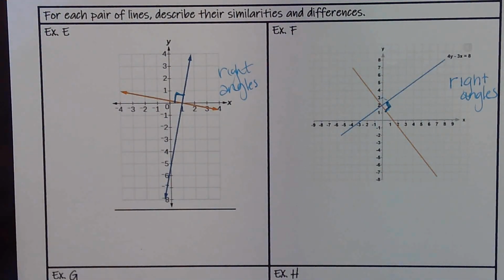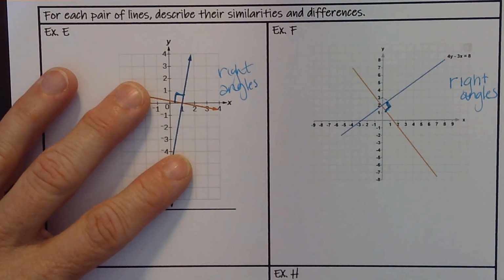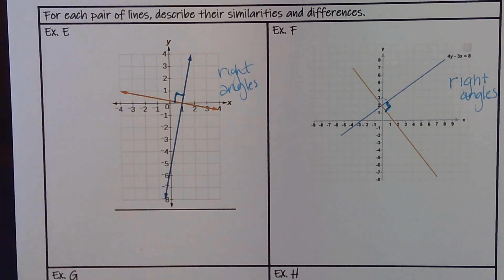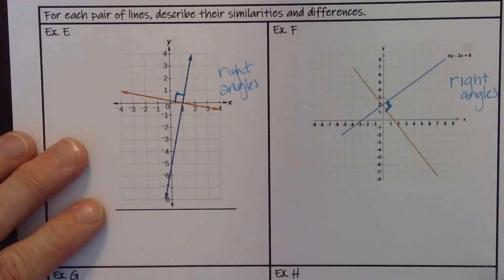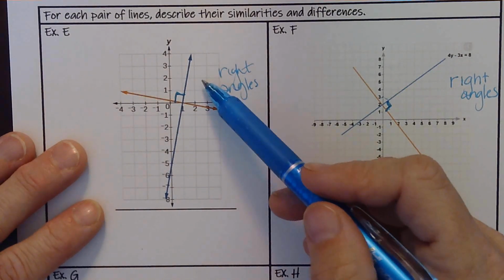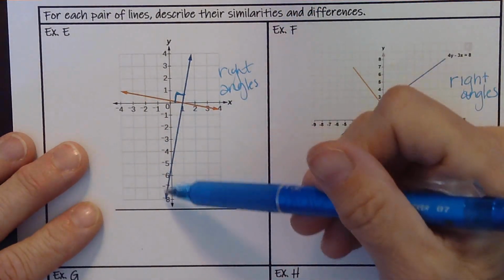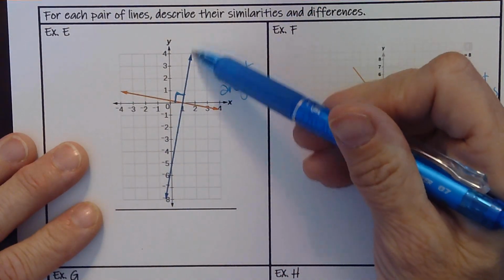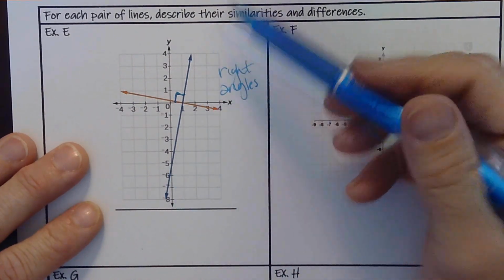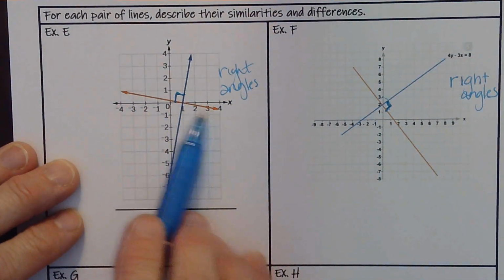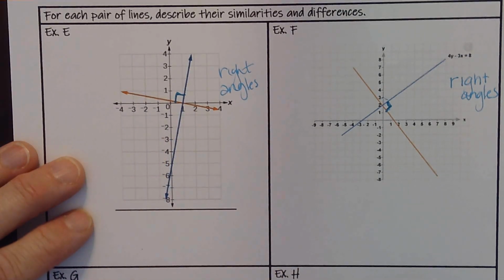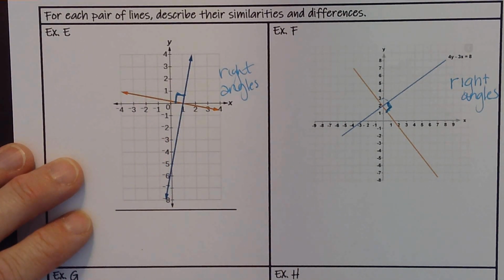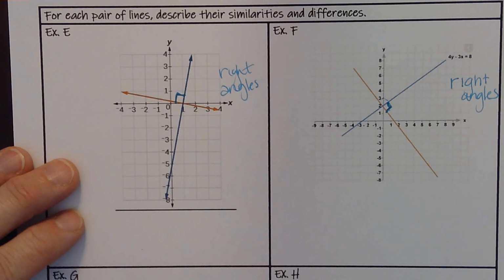So now I want us to talk about each pair. Parallel lines always go in the same direction. Notice that these pairs of lines are not going in the same direction. We've got this line that's going kind of vertical, up and down, and we have this line that's going side to side, or left to right. So these two lines definitely intersect, and I want us to